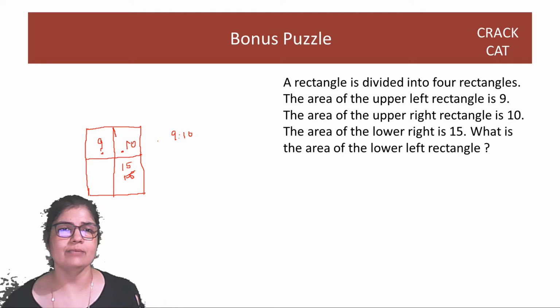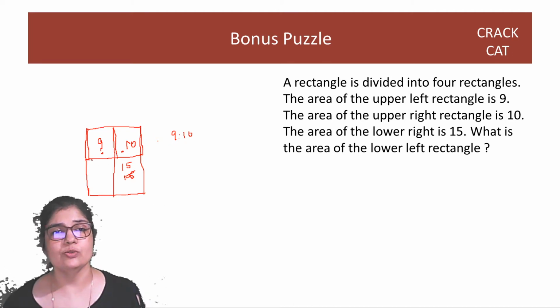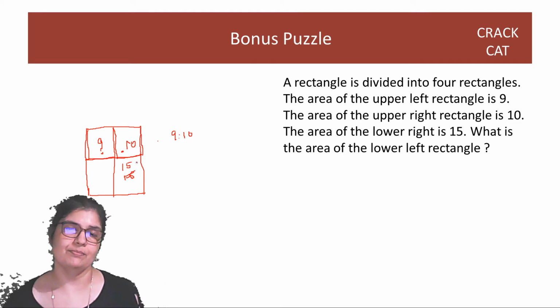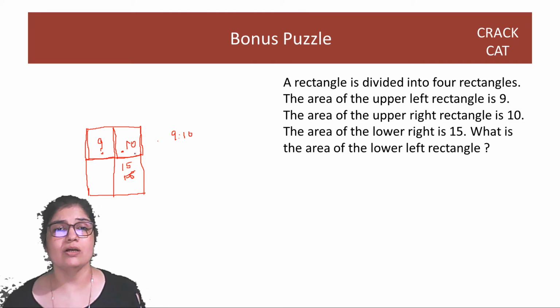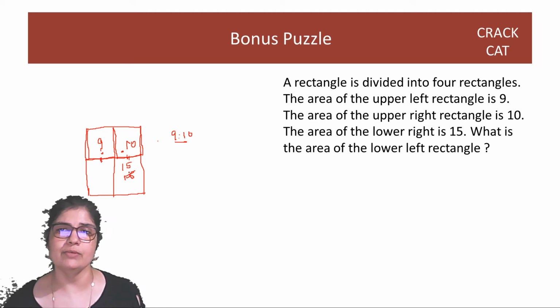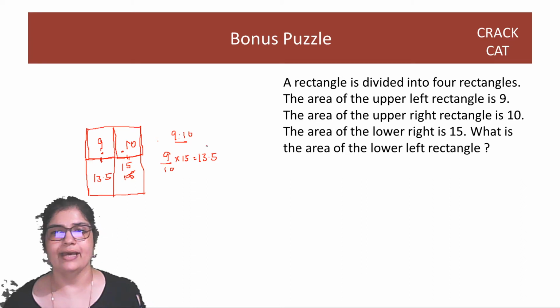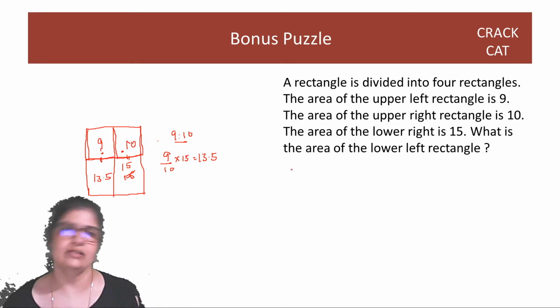दोनों का height तो same ही है ना? They both share the same height. This difference in the area, this ratio exists, guys, because ये दोनों का base is different, breadth is different, right? Breadth. Okay. Now, because these two are in the ratio 9:10, now the ratio of the area must be the ratio of these two. तो वही 9:10 ratio यहाँ पे भी होगा. So if this is 15, guys, this has to be 9 by 10 times of 15, which is 13.5. So this is going to be 13.5, and hence you can find the full rectangle area also, correct?